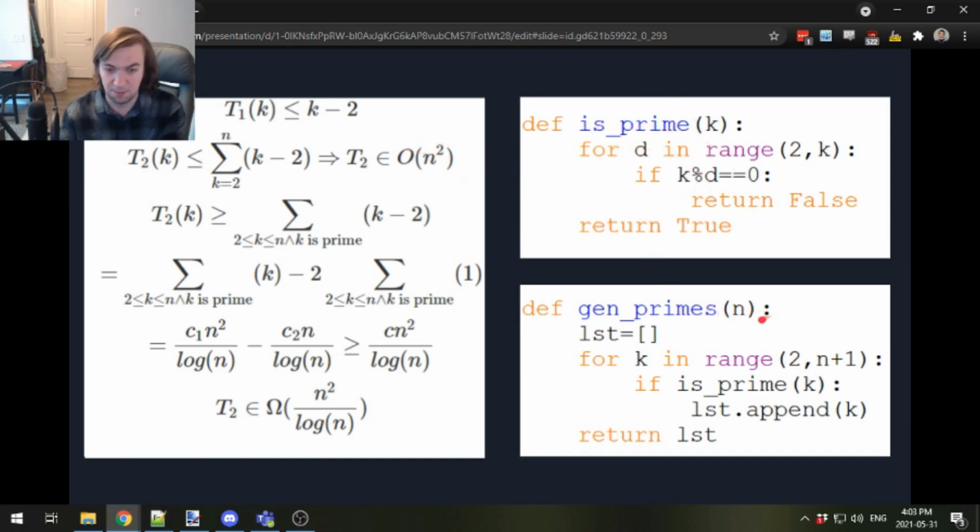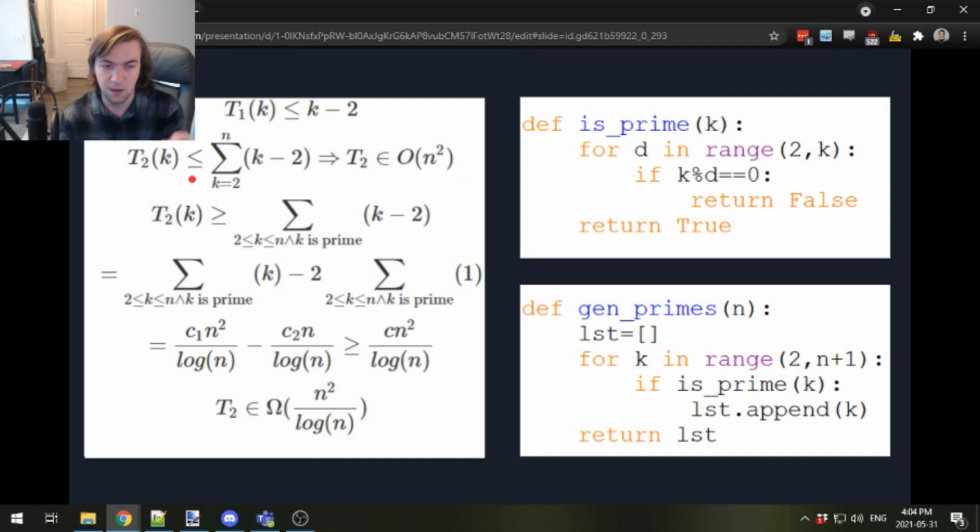Now, how about the runtime of this code? Well, assuming that, in some weird scenario, every time we run is prime, it never actually returns false. It always returns true. That means in those scenarios, we have the summation of how many times this loop runs. K starts at 2 and goes up to n inclusive. So we have our sum here of k minus 2, which is in O of n squared. If you're not sure why, remember our summation from before, and you can maybe do the math yourself in case